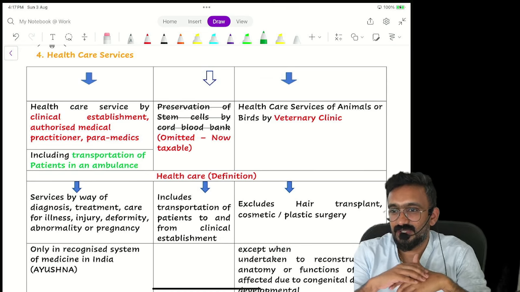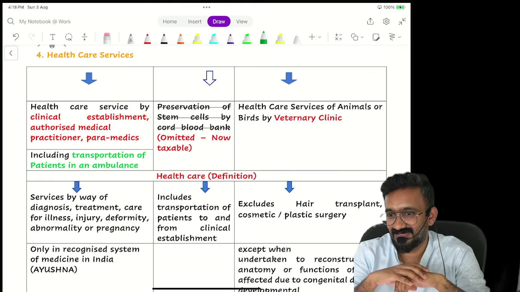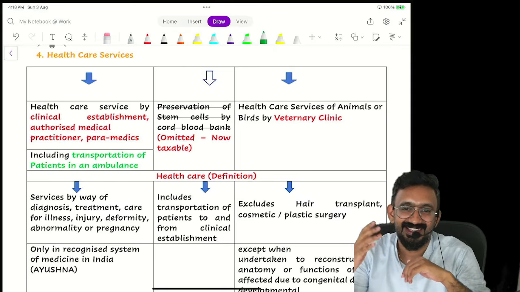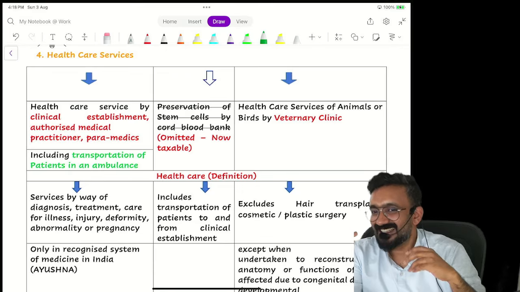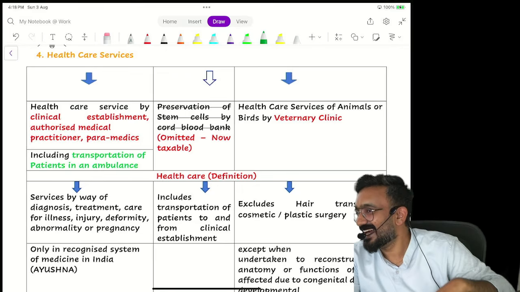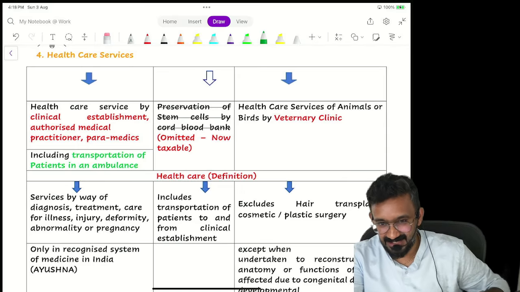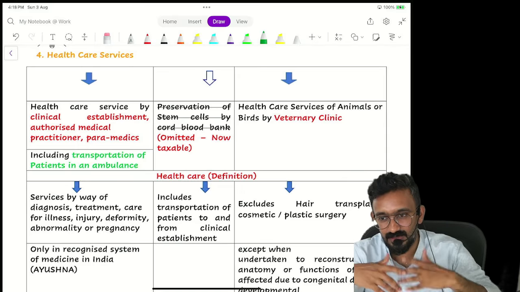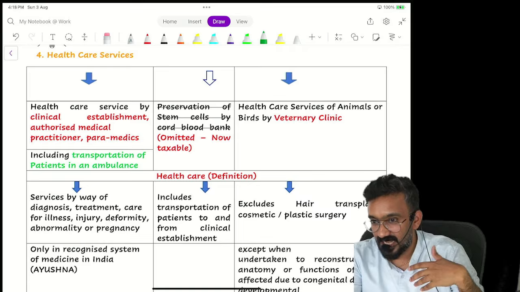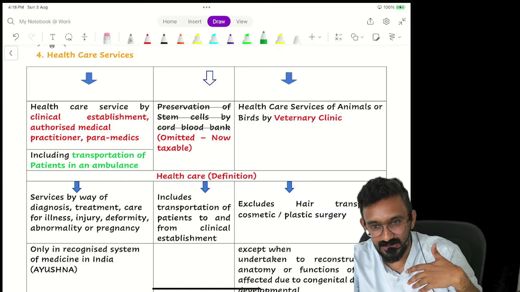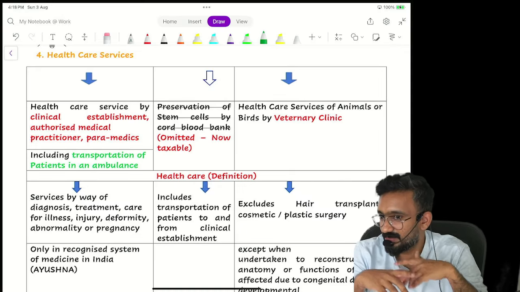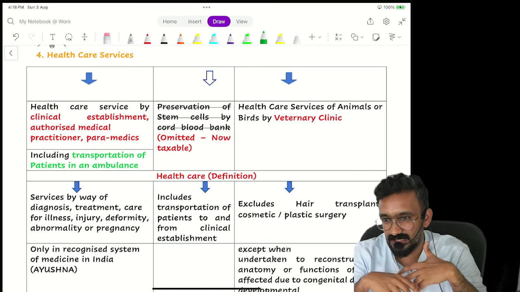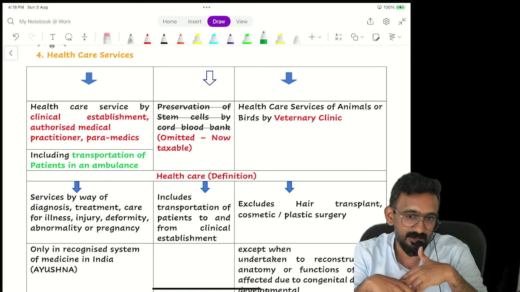Suppose Darshan is going back home after his cricket match. Hold on, let me finish my example. After his match, it was very late. He couldn't find a taxi. Uber also was cancelling. By the time his neighbor, who was owning an ambulance, was going back home, he asked him to drop him. He dropped him. He paid whatever Uber charges he was going to pay. 1,000 rupees he paid to the ambulance driver.